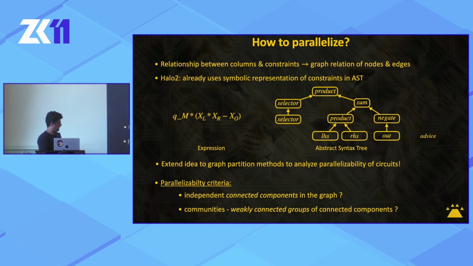And the other idea is to find communities, which are weakly connected groups. And the idea is to see if we can use these techniques to find parallelizability criteria. So it's more like an exploratory, observatory idea, and never use these kind of tricks at the level of constraints,